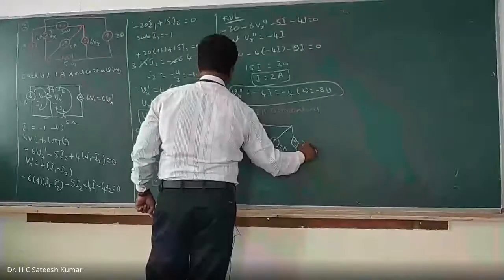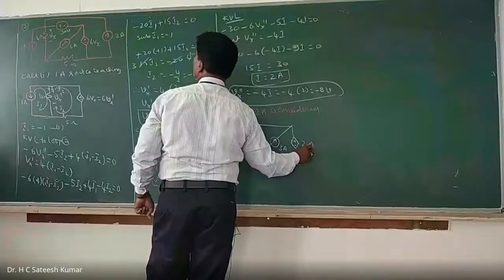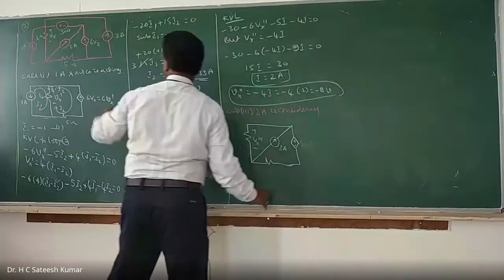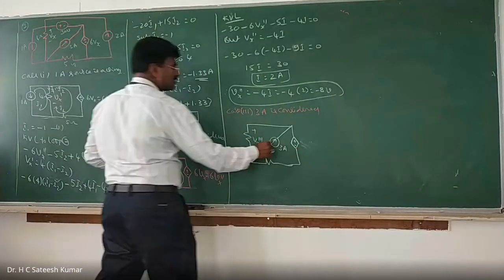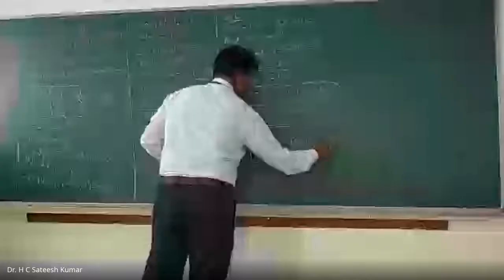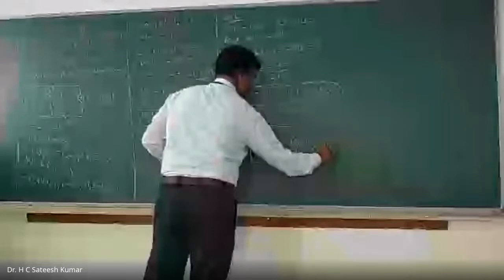This is also open. And this is plus minus Vx triple dash, you call. And this is 3 amps. The dependent source 6 Vx is equal to 6 Vx triple dash. And this is 5 ohms. And this is open, this is open. Only the 3 amps is there. This is short, this is open. Only this much is there.